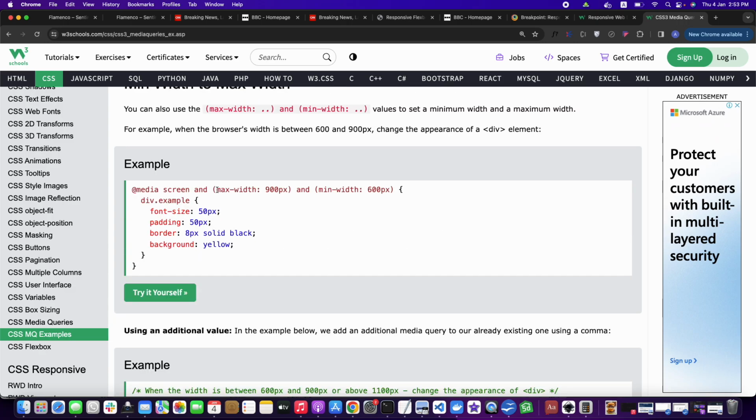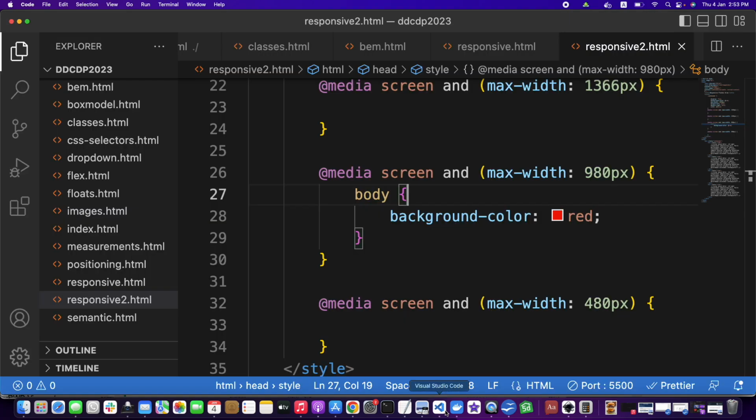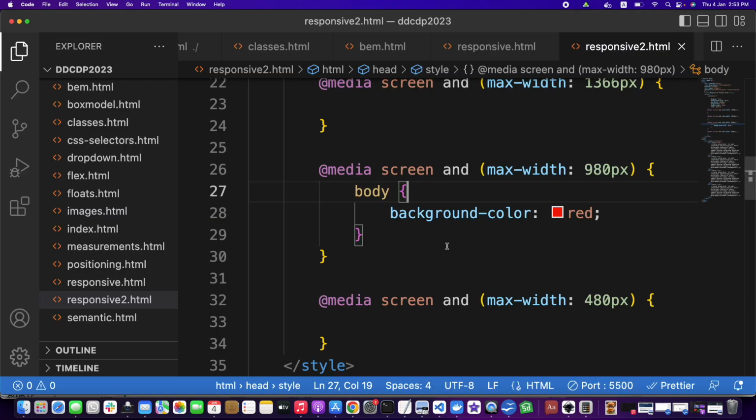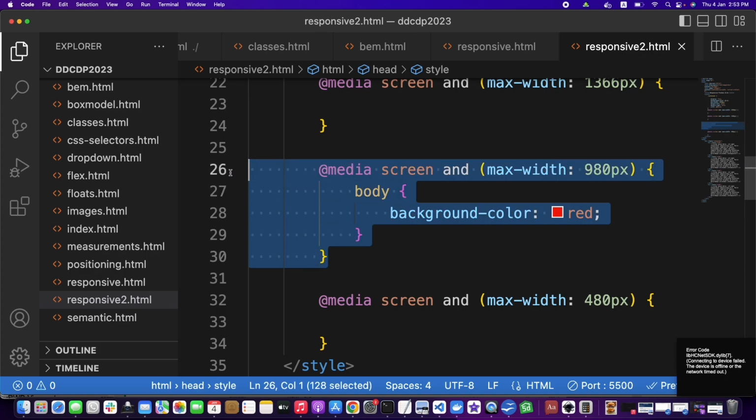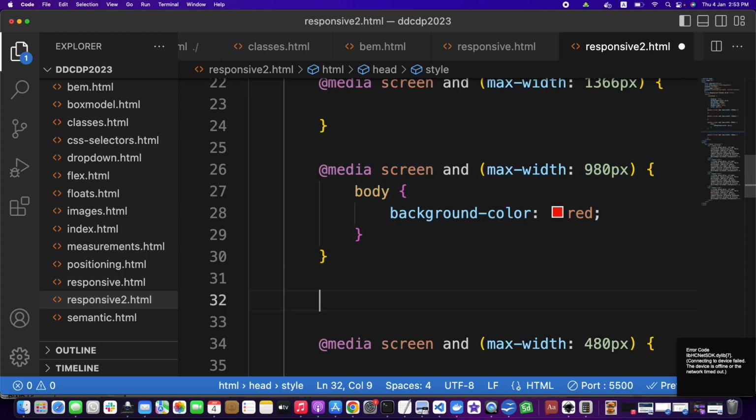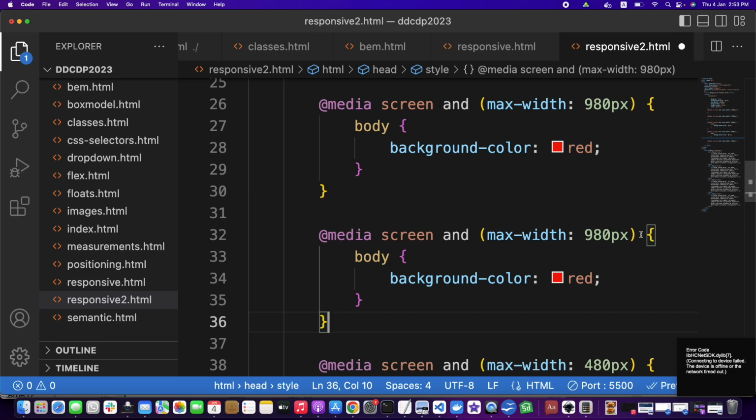So in case you want to strictly specify how two parts of the CSS should work, you can enclose it between max-width and min-width. For example, I want something to happen strictly only between 480 and 980 and not inside 480. So what I can do is specify one more media query, and we can add one more here,